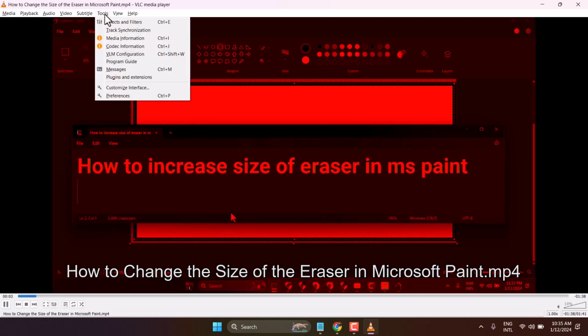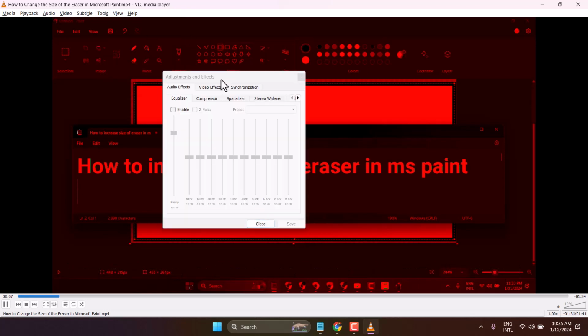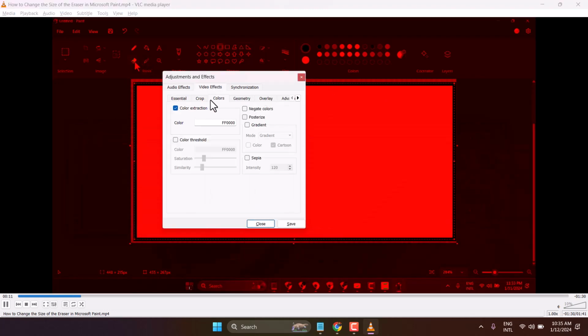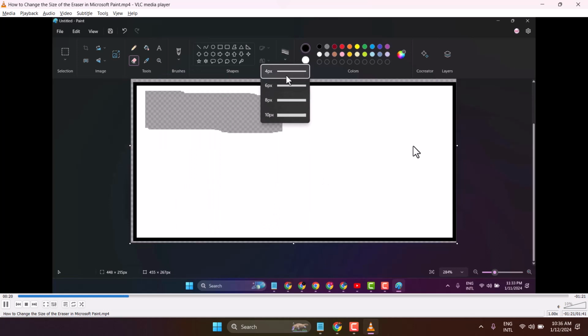Click on Tools, Effects and Filters, then Video Effects, Colors, and unselect this color extension. Then save it. So this is a simple trick. So this is the simple setting to fix this